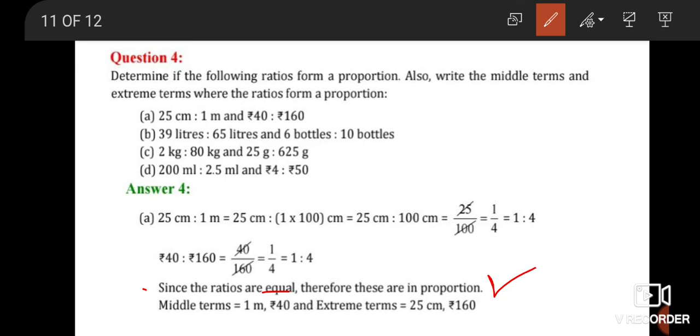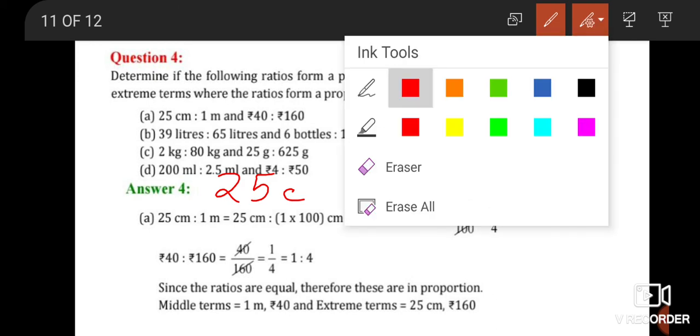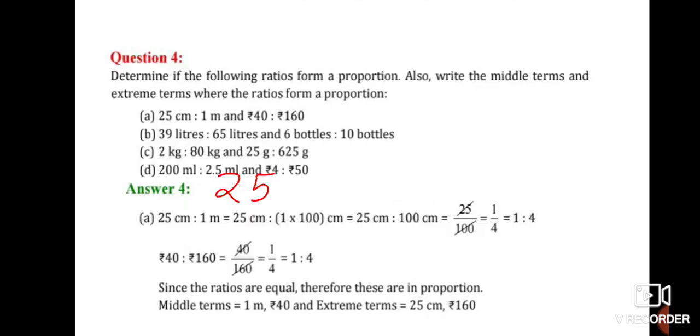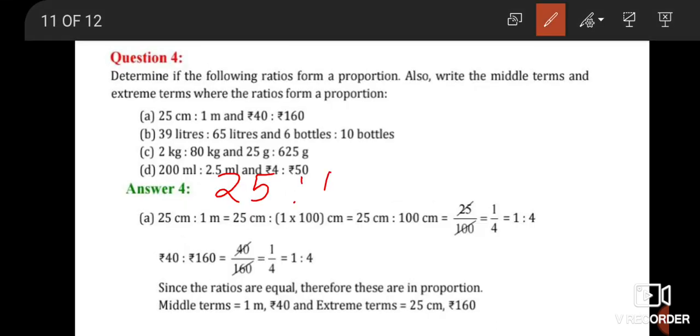Now they add that write a middle term. मिडिल वर्ड का मतलब आपको पता ही है, जो बीच में. एंड एक्सट्रीम माने जो किनारे हैं. सिंपल हो गया क्वेश्चन, कुछ बचा ही नहीं. जो अगर इफ दे आर इन प्रपोर्शन देन वी हैव टू राइट 25 ratio 100 proportion 40 ratio 160.